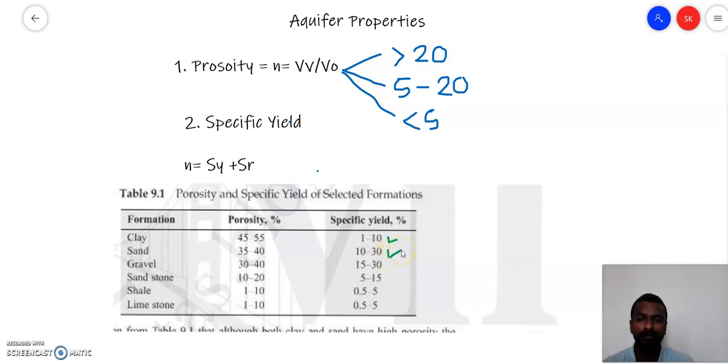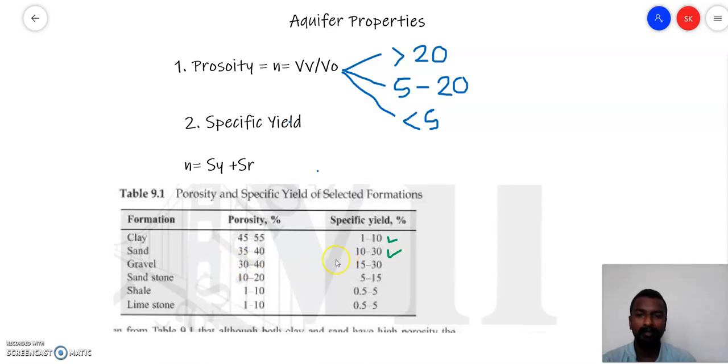Because as you know, clay is a very fine material. Even infiltration generally does not occur, or occurs in a very small amount, in case of clay, whereas in sand there will be high infiltration. In the same way, through gravity, the water will come out of sand very easily as compared to clay. That's why the specific yield would be more in case of sand as compared to clay. So the formation gives us the idea whether the specific yield will be high or low for the particular strata.